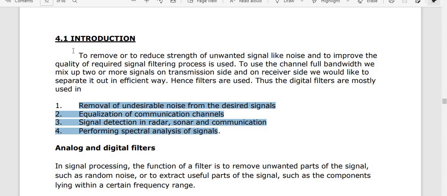As you have seen in your DSP block diagram, we use an A to D converter and a D to A converter, analog to digital converter and digital to analog converter, by applying the sampling theorem. In the same situation, we are going to see why filtration is useful for signal processing, what types of filters we use, and why analog and digital filters have been designed and used for so long. Those are all the points we are going to see.